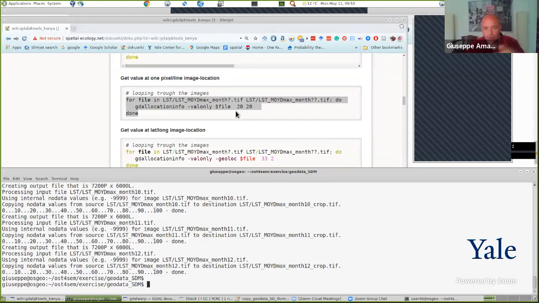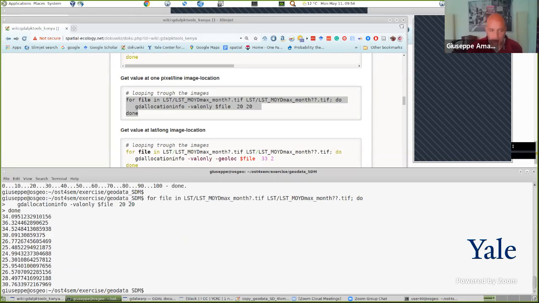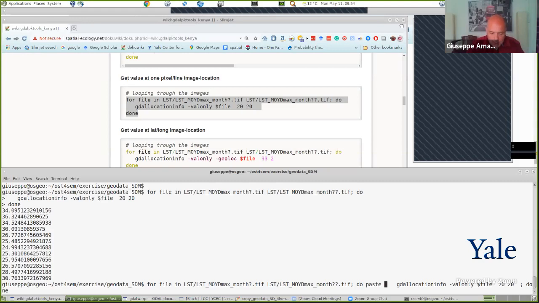So for the same kind of operation, if I want to derive information in all the pixels at row and column 20, 20, I can just copy and paste this line, okay? And I can perform the same operation for the 20, 20 pixel. I can even perform more than one. So this is starting to become a combination of Bash language and GDAL. I can perform the operation for the first point, then I can perform the operation for another point